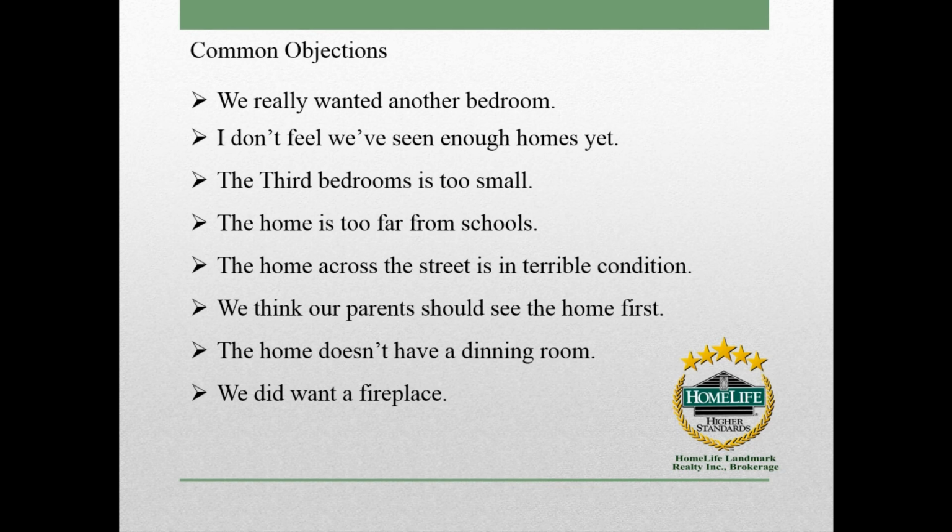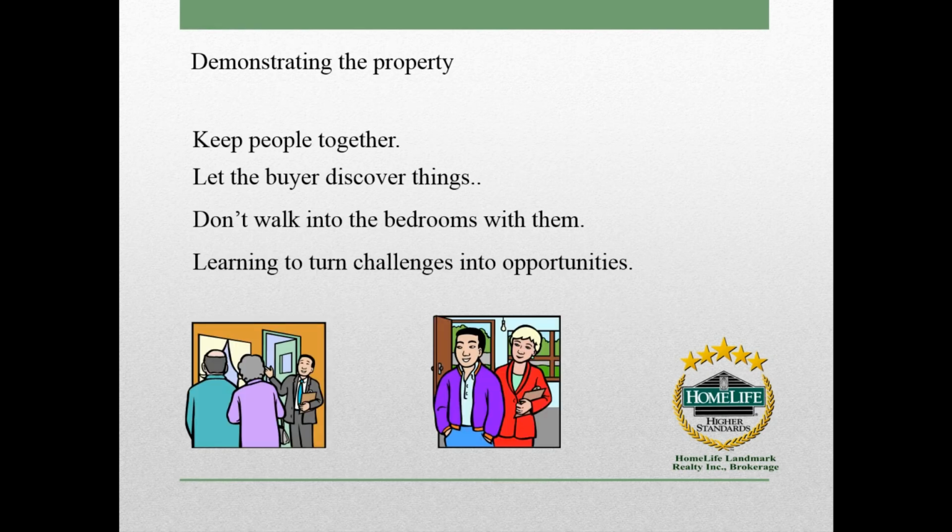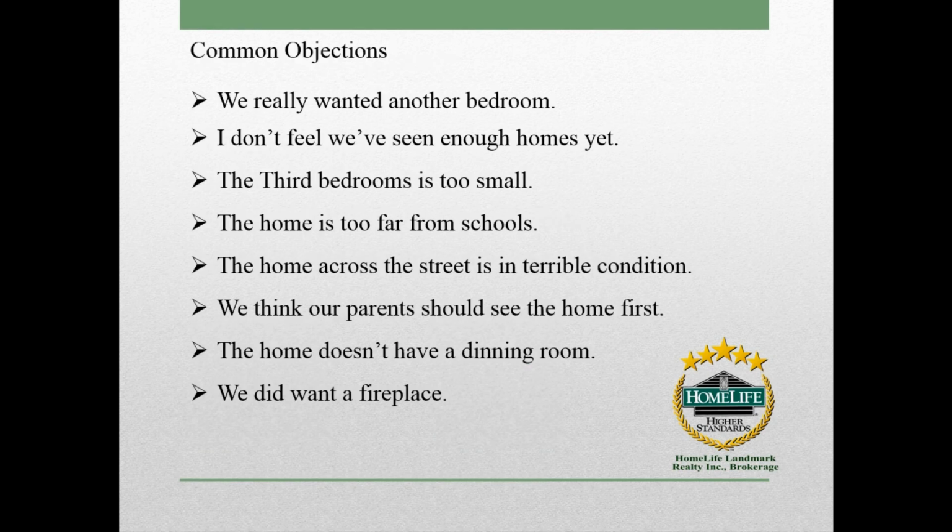How are you going to answer those objections? Remember, put those challenges into opportunity. For example, they said, "We really want another bedroom." Sometimes they just ask. You can sincerely say, "Mr. or Mrs., is there any reason? Can I know why you really want another bedroom? This is a three-bedroom. I think it is pretty good for your family. Can you tell me, is there any